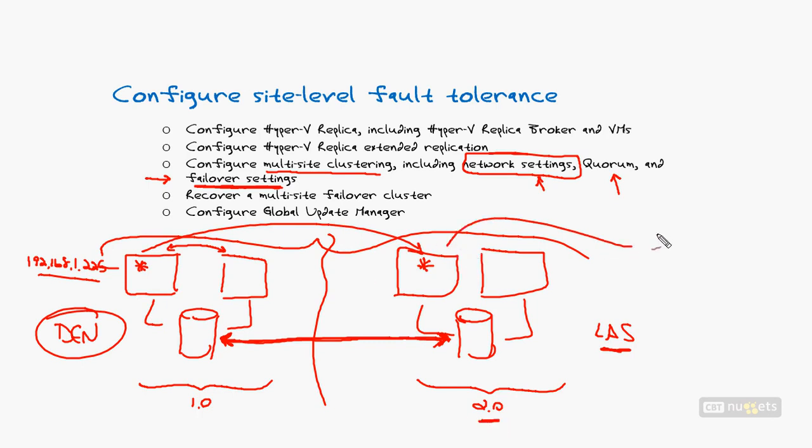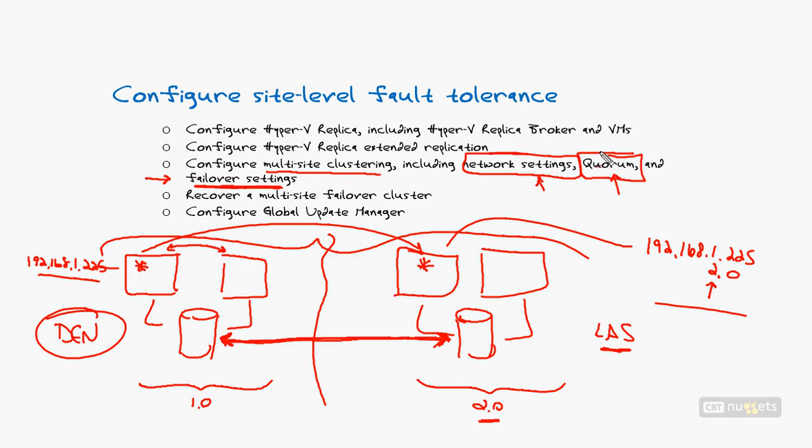And so the virtual machine now is going to have a 192.168.1.225 net address that's not going to route in my 2.0 subnet. And so we have to have some way of injecting a 2net address into the virtual machine after it moves into the alternate site. Also important is recognizing that when we have multiple sites, we also change the way